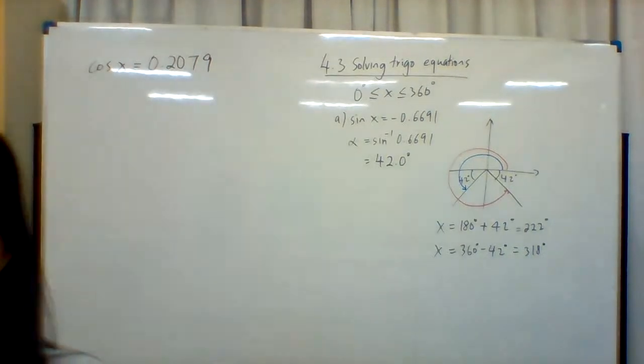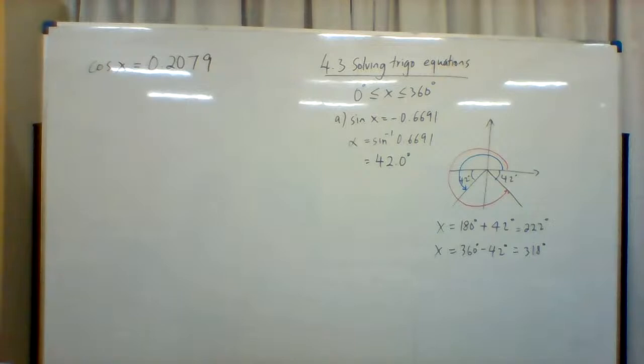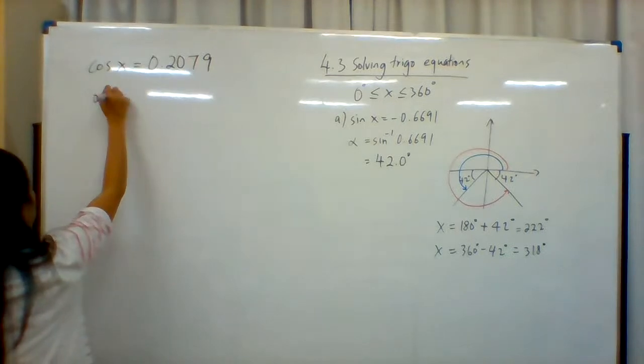Okay, remember what I told you? First thing first, find your basic angle. After that, look at the sign in front of the value. Is it positive or negative? Which quadrant does it lie in? Okay, so your basic angle, remember,